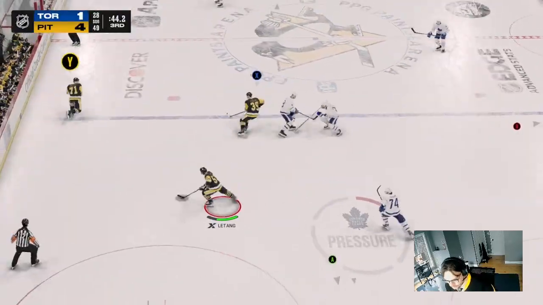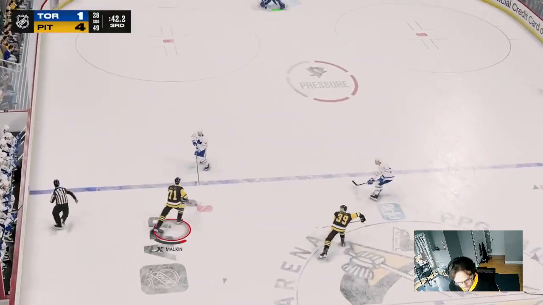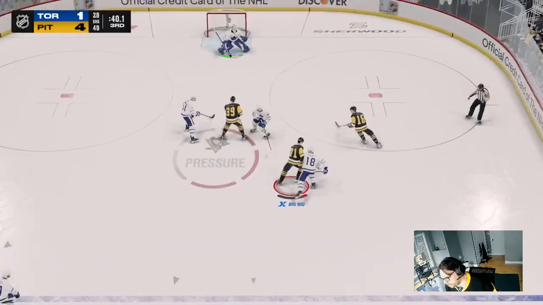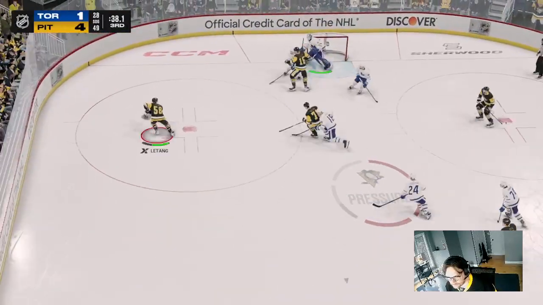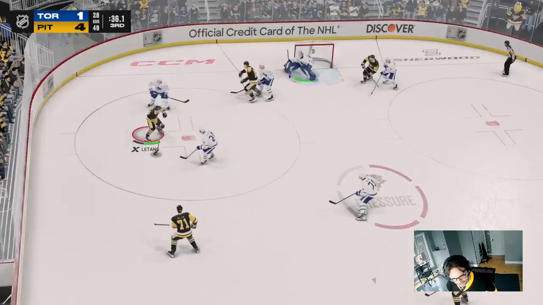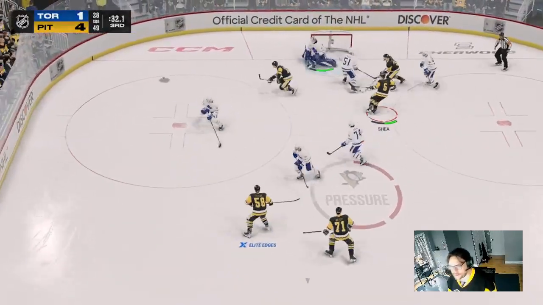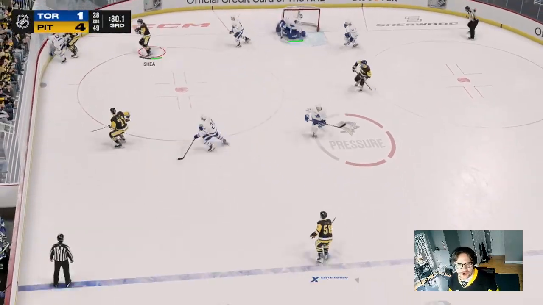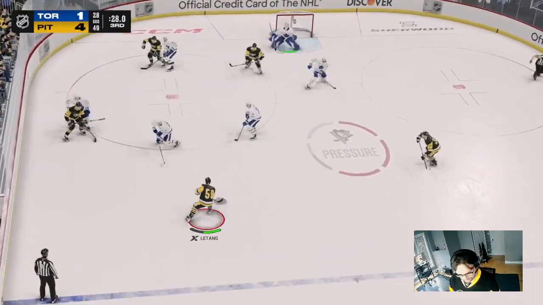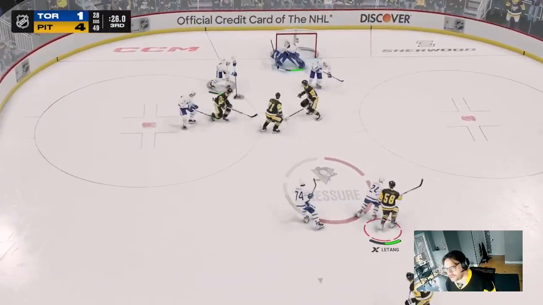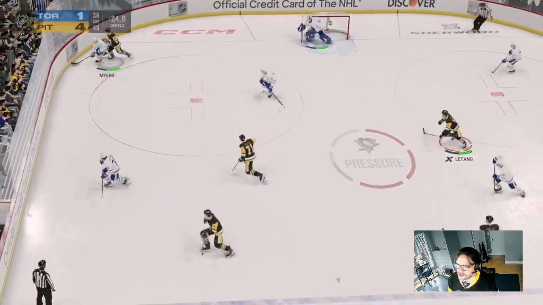Shea defers to Letang. Now up the left wing side to Malkin, crisscrossing with Mantha. Now Letang's got it. Back to Shea. Shea with a shot from range, handled by Stolarz. Might have been deflected in front. Letang with another bomb, and it hit traffic.